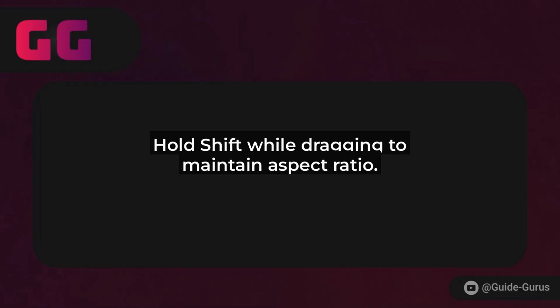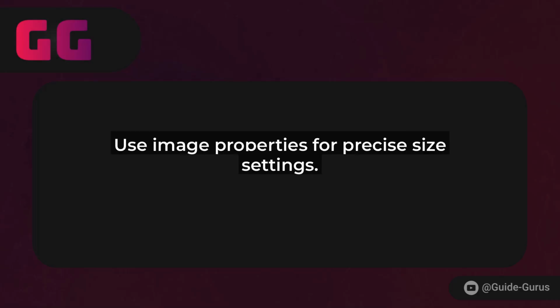If you're working with a more advanced setup, like images inside tables or toggles, you might need to adjust the block settings. Right-click on the image, go to Properties, and look for size options under the image settings. Here, you can set a specific width in pixels or choose from predefined sizes. Remember, Notion is responsive, so your resized images will adapt to different devices.